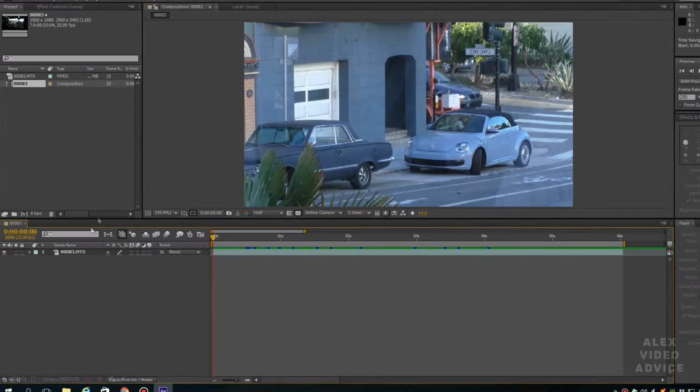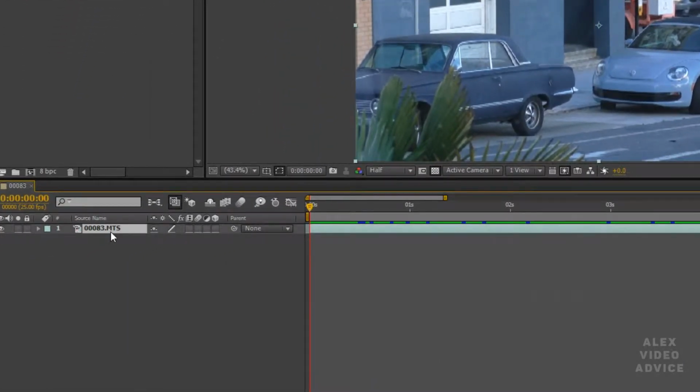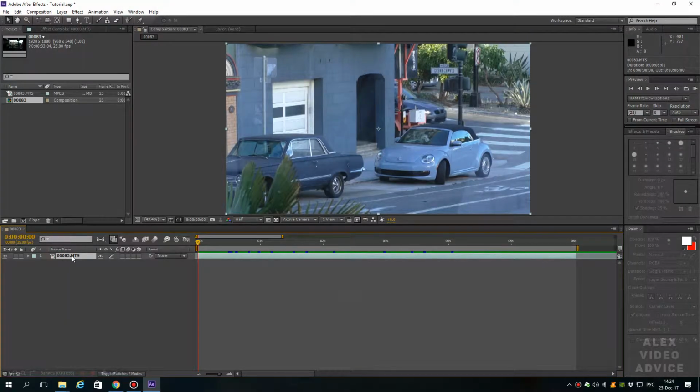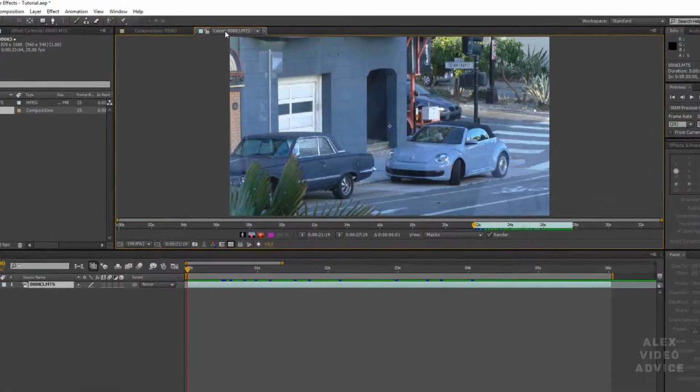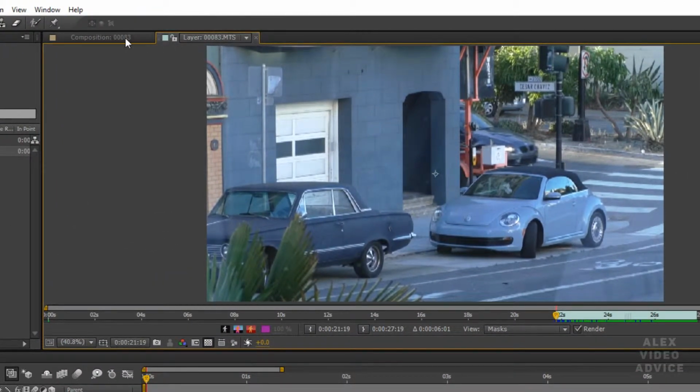First you need to click 2 times on the title of our video from the left list. We click 2 times and it opens exactly in layer. Check that you have layer open, because you can draw on the composition.